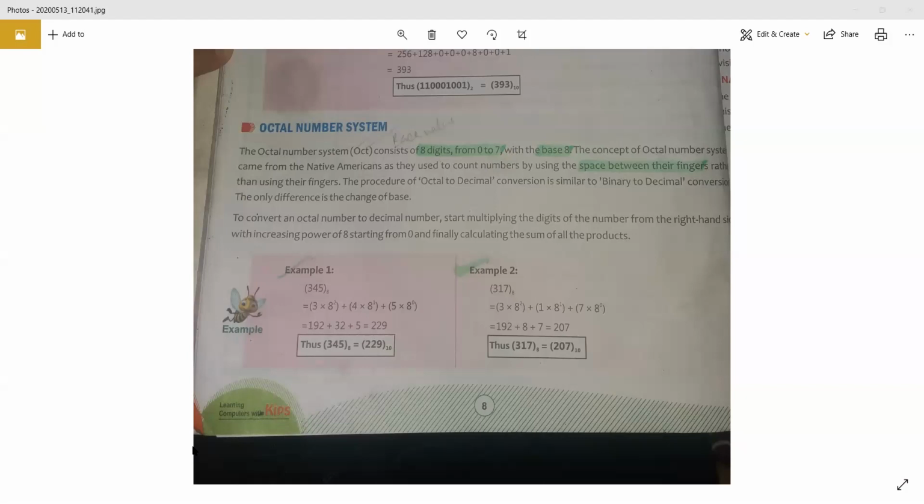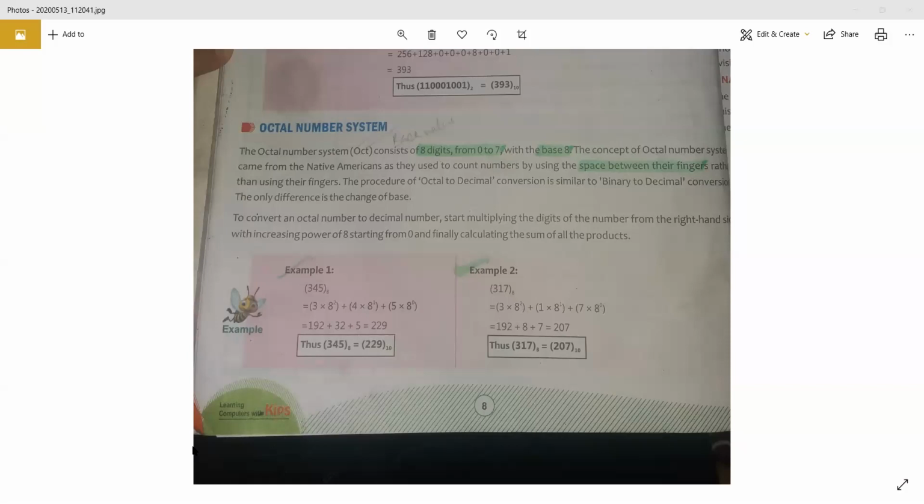And like in the decimal number system you have 0 to 9. So suppose I ask you 900. Is this an octal number or a decimal? So you will easily come to know that this is a decimal. And if I ask you 900 is a part of how many number systems, then the answer is 2, because the hexadecimal number system also has 9 in its digits. All right, so you have to be attentive in these things.